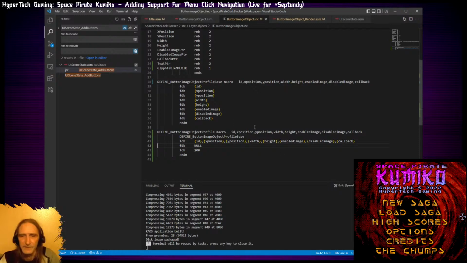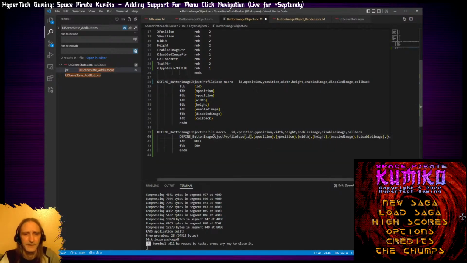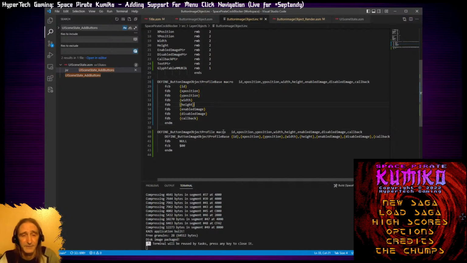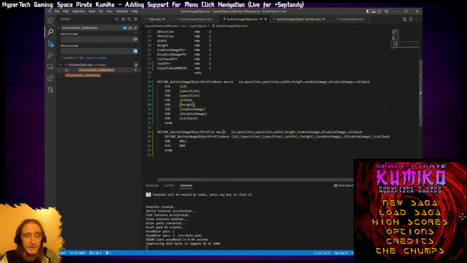And this way, I don't have to make any changes to any of the current button definitions because not all of them are going to have this. So, and actually I need to do this. All right. Clean that up a little bit. I don't need that type of indentation there. There's nothing there. All right, so we've got our macros defined. That's going to get us a lot. So now let's do